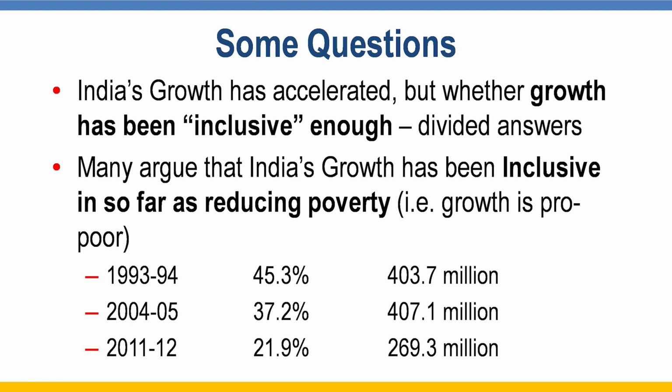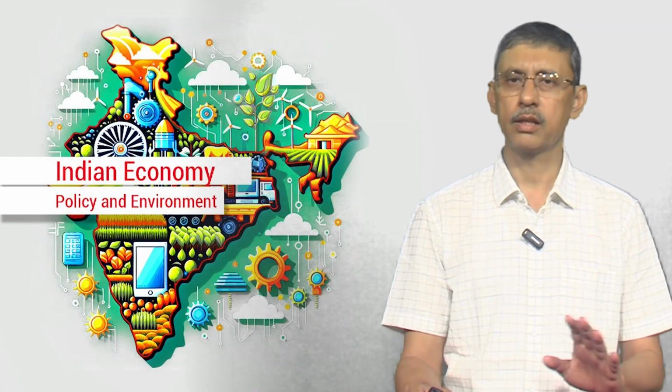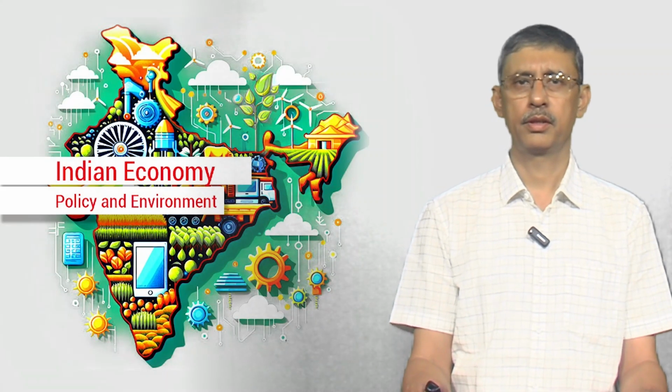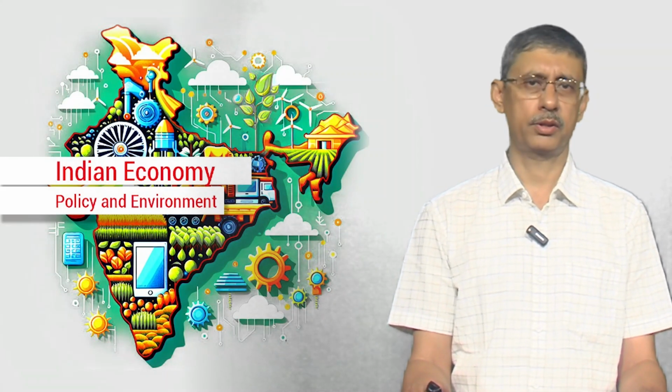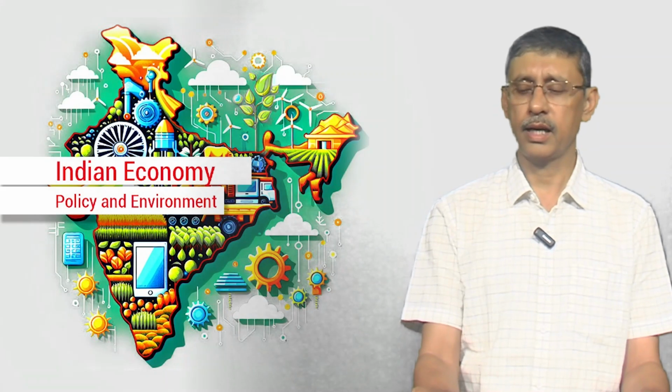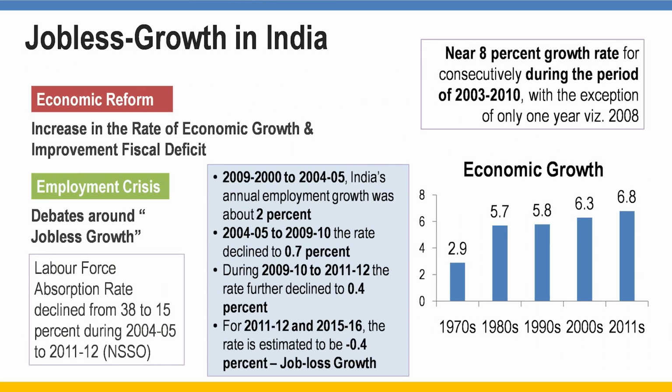So therefore, we believe that growth has been pro-poor, and when you have growth pro-poor, that benefits are being received by the poor, then we say that this is inclusive. That's one part of the story. Now, in the second part of the story, you have to see the other aspect of inclusive growth. And we have discussed this part in detail in our unit related to inclusive growth in India. I'm repeating some of the arguments that we have presented there.